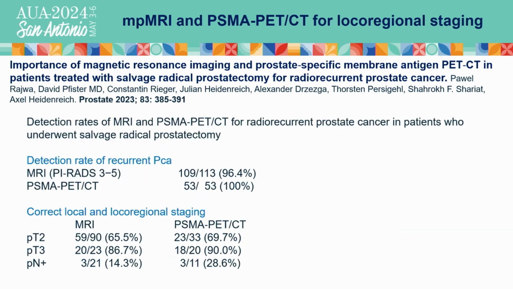When we look at the detection rates of the resected and recurrent prostate cancer, the PSMA PET scan is even superior to a multiparametric MRI to identify this locally recurrent disease. And the PSMA PET scan is also superior to the MRI to identify patients who have organ-confined or locally advanced disease. However, as in the situation of the initial primary staging in locally advanced disease, the PSMA PET scan still does poorly in identification of pelvic lymph nodes.